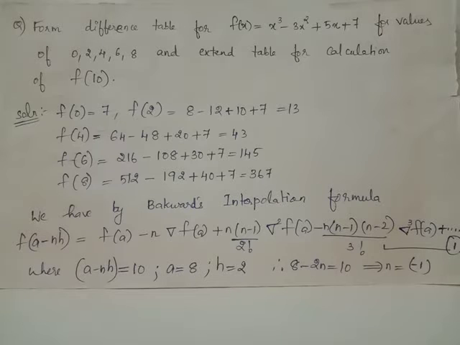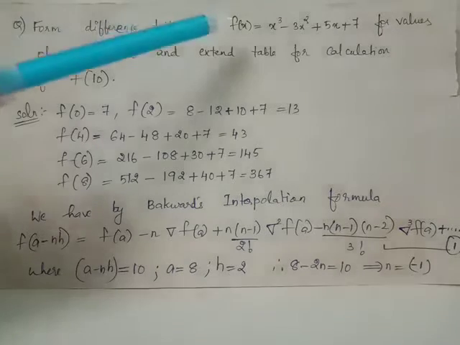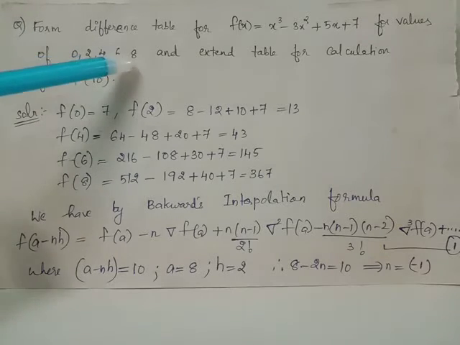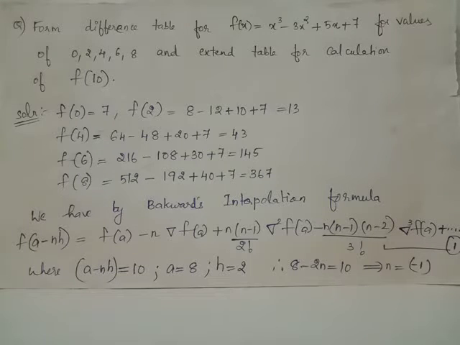In this question, we have been provided with a polynomial and we have to evaluate the polynomial for the x values or input values 0, 2, 4, 6, 8 and thus we can record the output values corresponding to these set of input values. After which, we have to depend on the difference table and find the value of f of 10. f of 10 denotes output value corresponding to input value x equals 10.